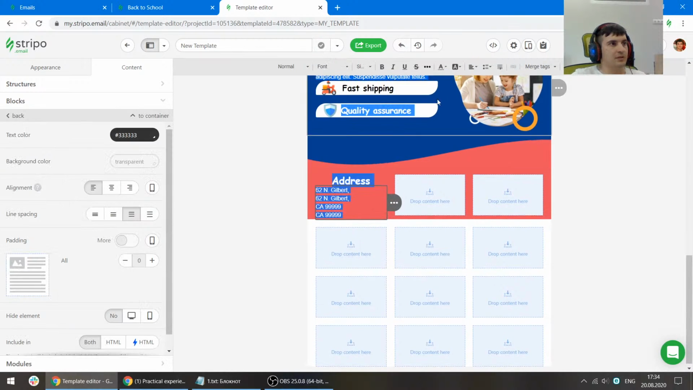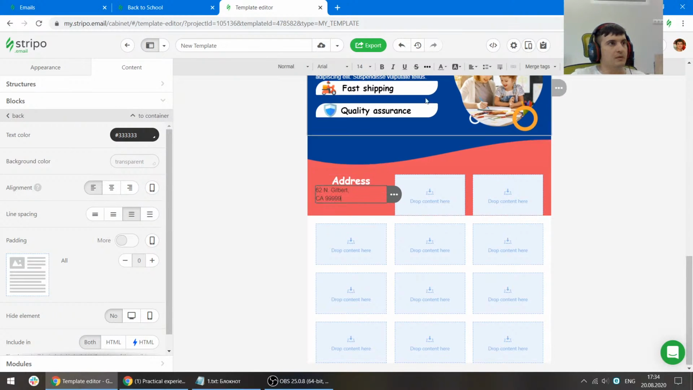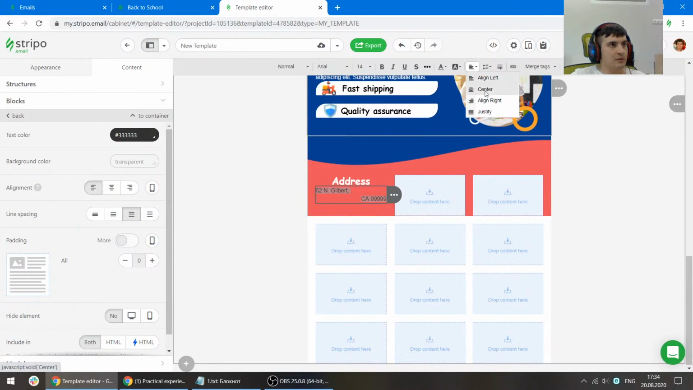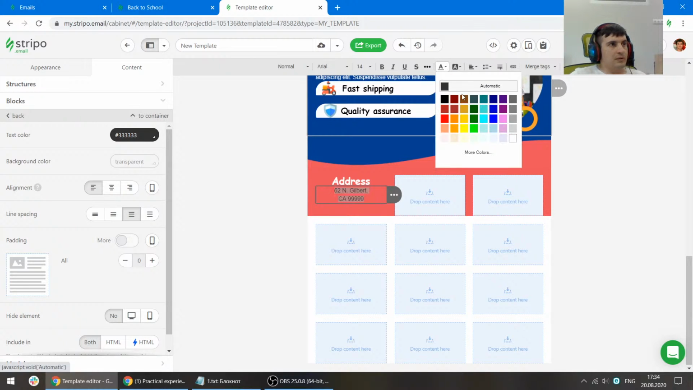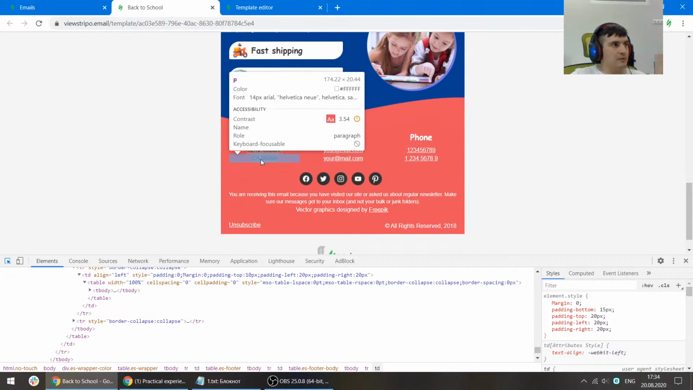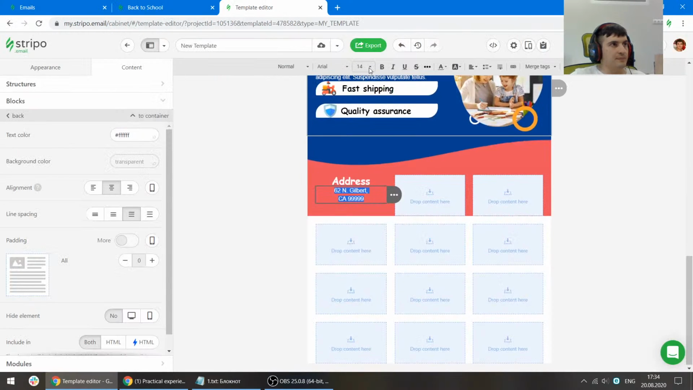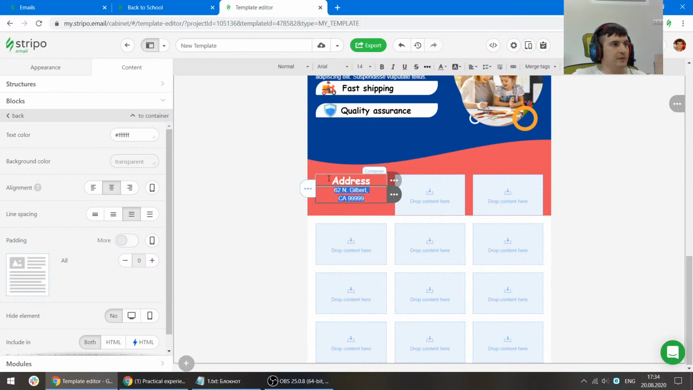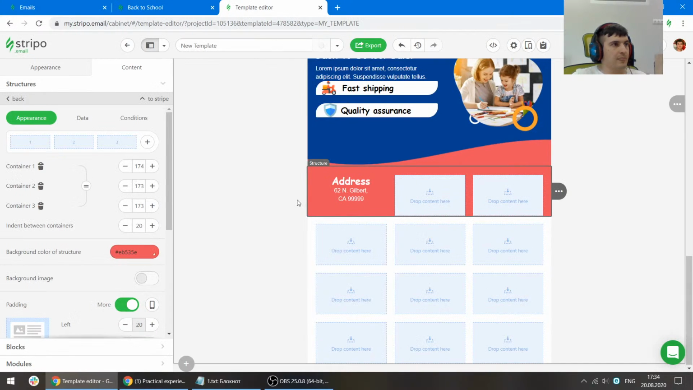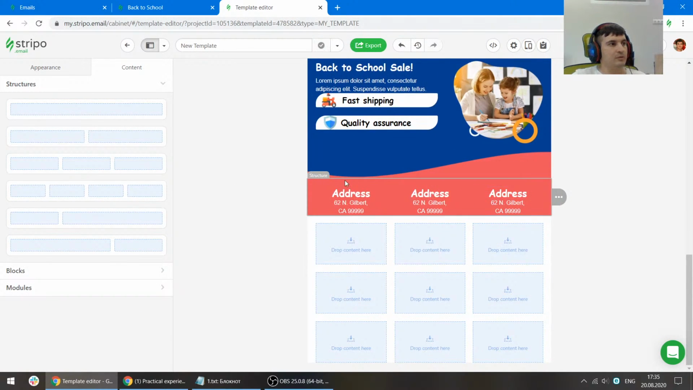Okay, maybe something happened with the cache. Okay, this way. And the white color, 14 pixels for all this text. Okay, we already have it, and we have Arial, so we can just copy this container a couple of times,